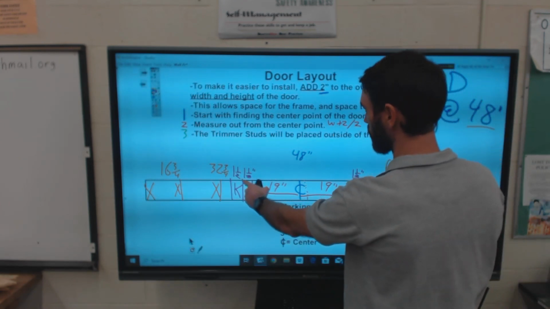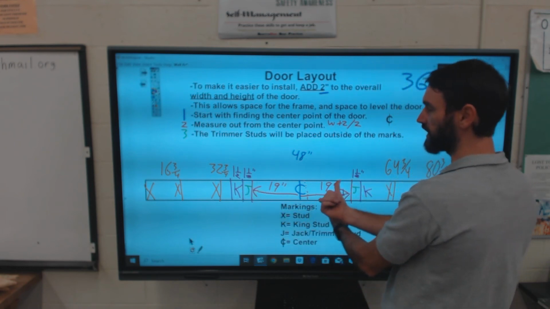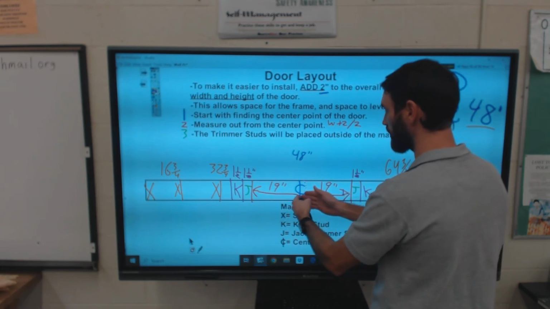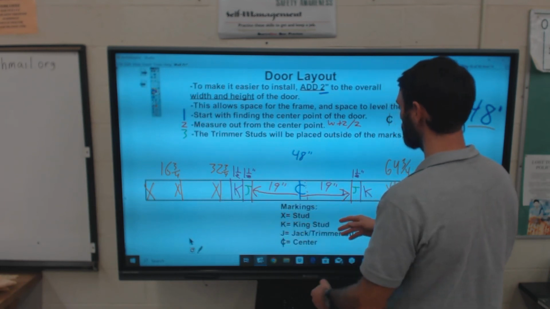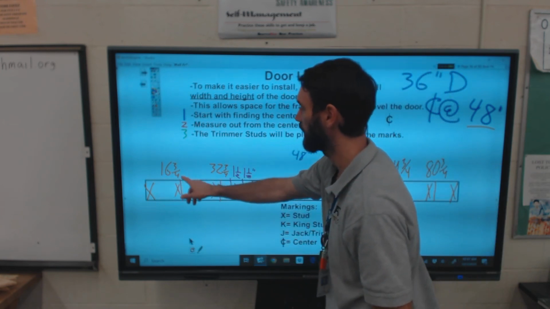And then measure over 1.5 inches. Put another line, put your kings outside of that. And again, you see how they work away from the center. Just the jacks and kings work away from the center. Center, jacks, kings. Then once you have your kings in place, then you can come back in and do your